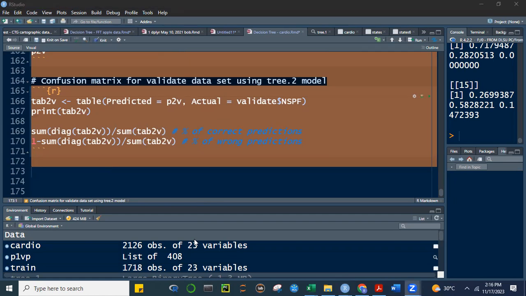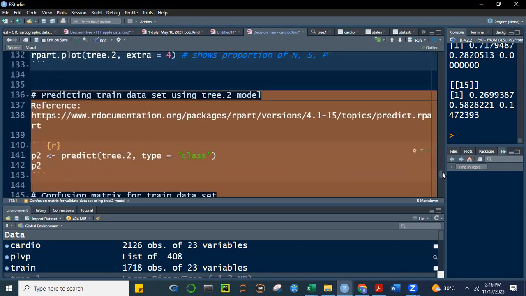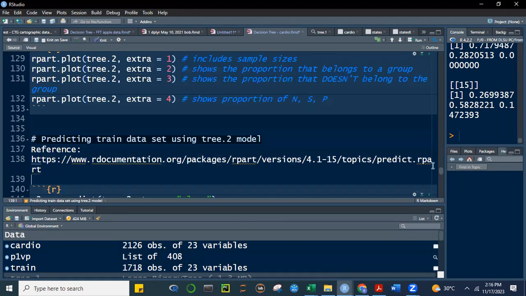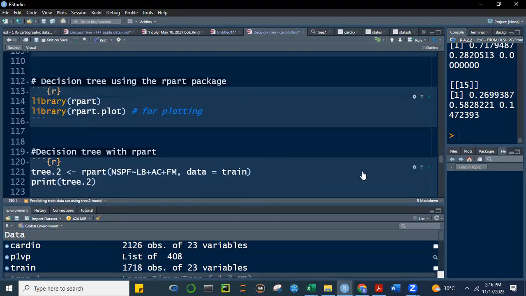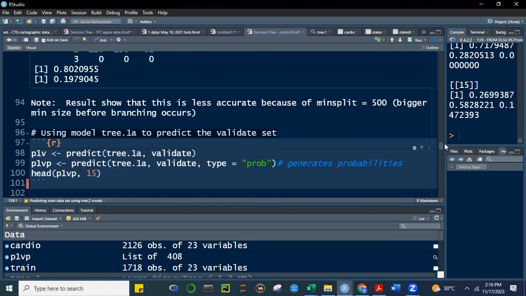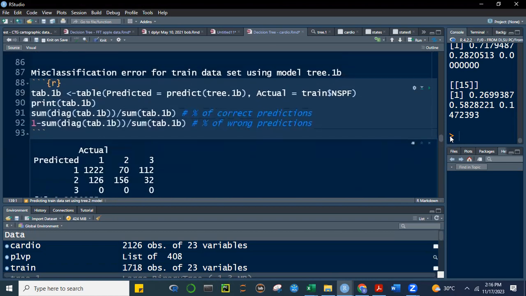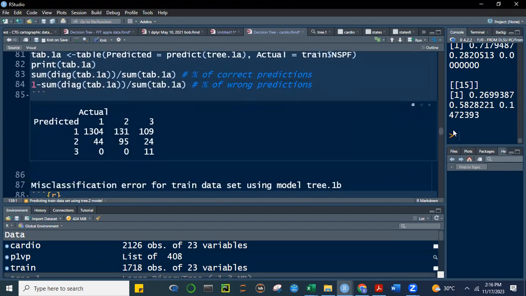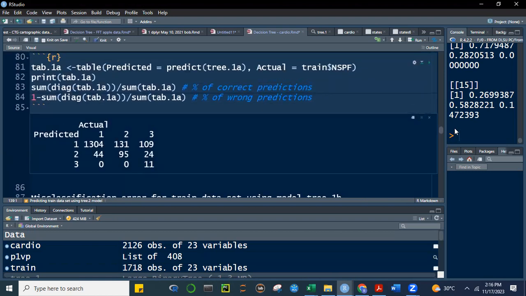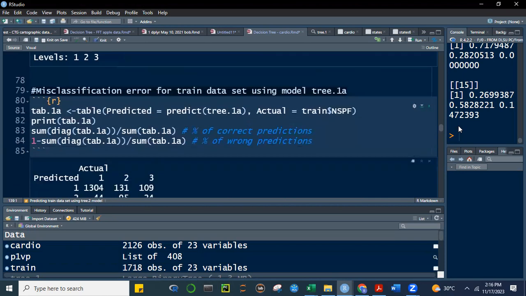Okay, this is using another package. It's called the rpart package, this one. Decision tree with rpart. All right, but let me just finish this, class. So where are we here? All right. Okay, so let's now predict 3.1a, and then,